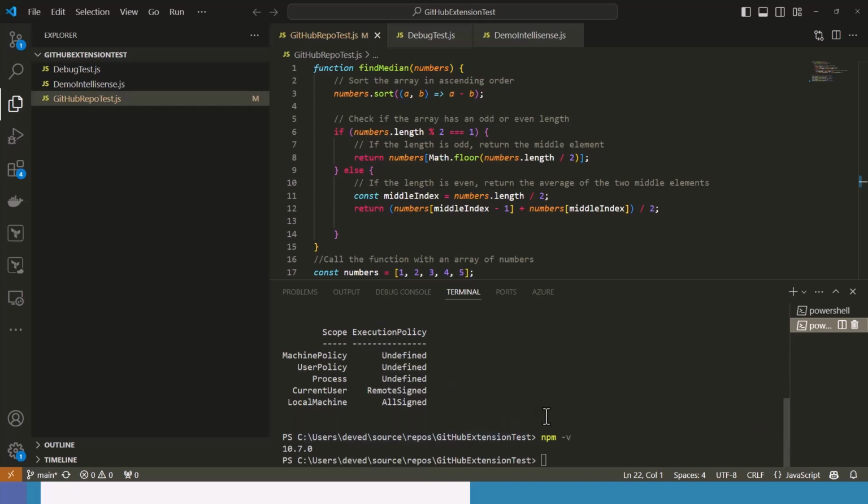All right, and then when I issued the command again, npm version, it gave me the correct version 10.7.0. So now we can